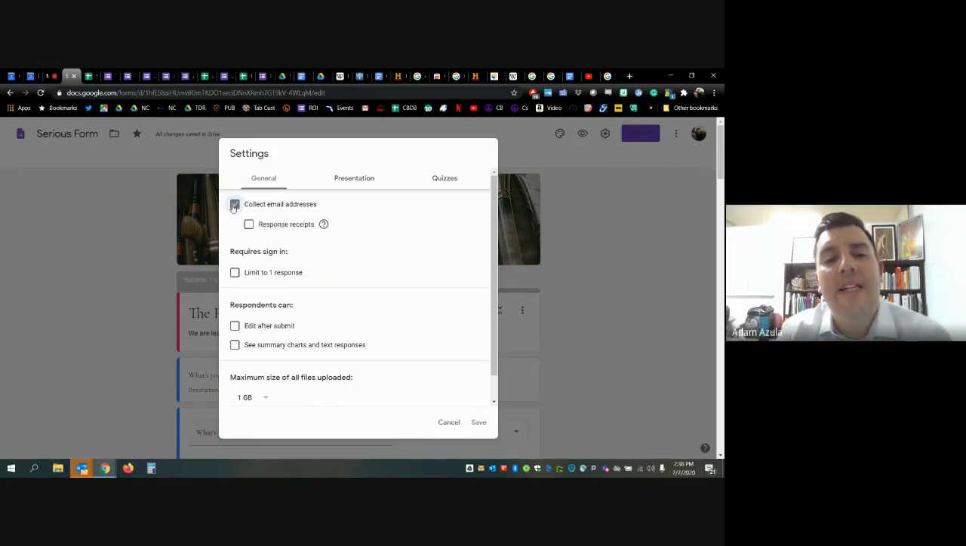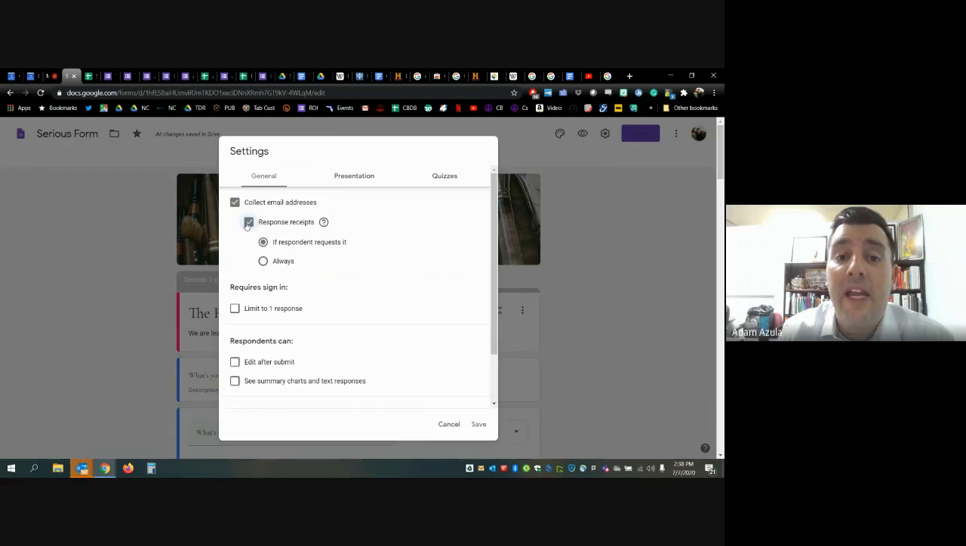So I could select to collect email addresses. Do I want to give them a response receipt? Maybe. I can let them request it, or I can always give them a response receipt. This isn't a bad idea. Again, if students have school emails, they're on Chromebooks, you want them to have evidence of their work, you could send it to them. Although,